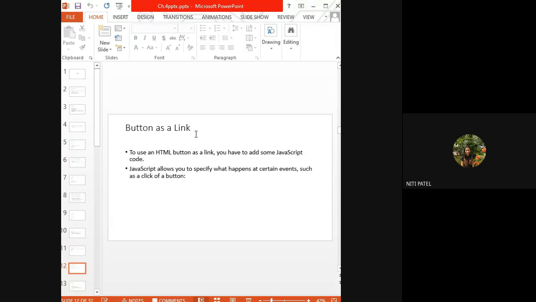So today we will be starting with a new concept called button as link. That means in many web pages, I have buttons, and when I click on that button, it is taking me to the next page. For example, every one of us uses a mobile phone, correct? Which is an Android phone. In many of the applications, we have a button. So when we click on a button, it is taking us to the next page.